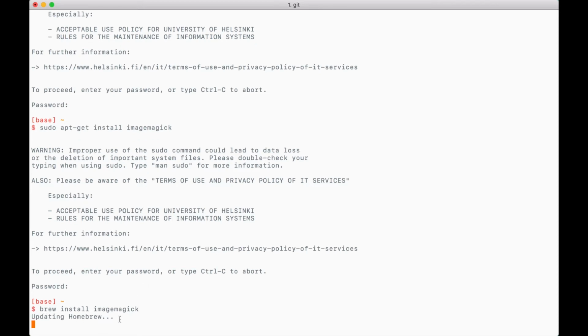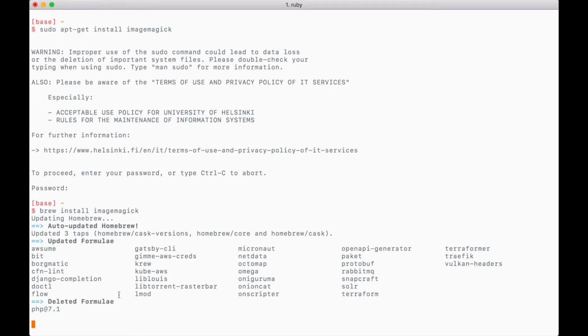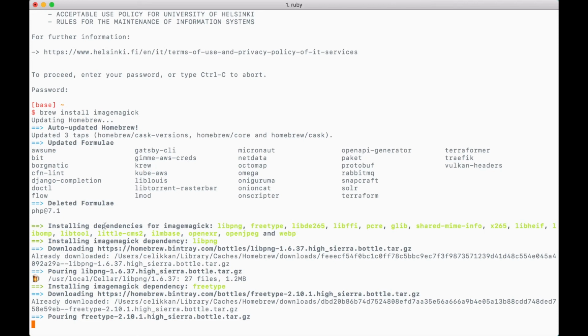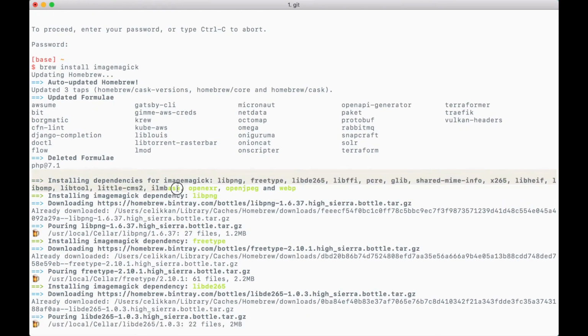So there will be this updating process first, which we did explicitly in apt-get. Now, see that it has found some dependencies for ImageMagick. All these libraries, they are needed, but they don't exist in my system. And brew and apt-get is also going to do the same thing. Downloads them one by one,